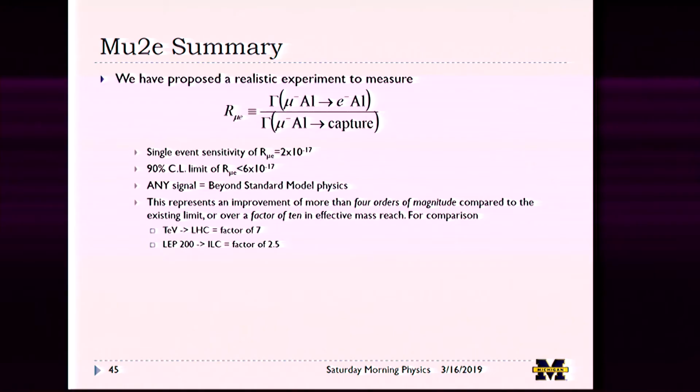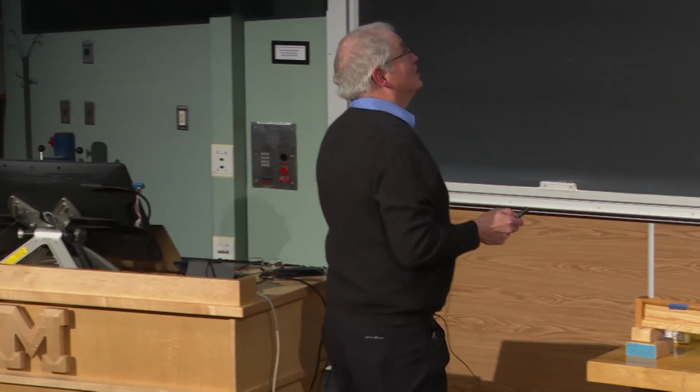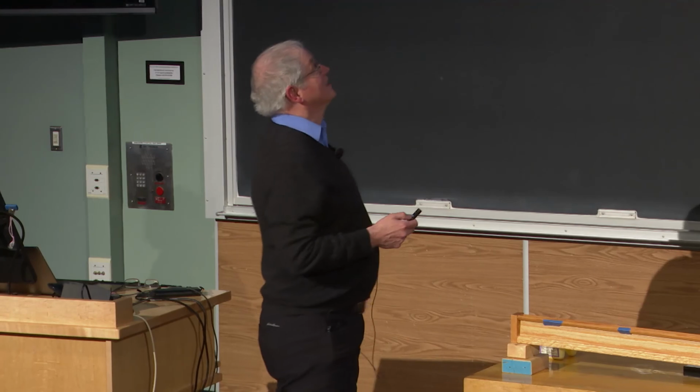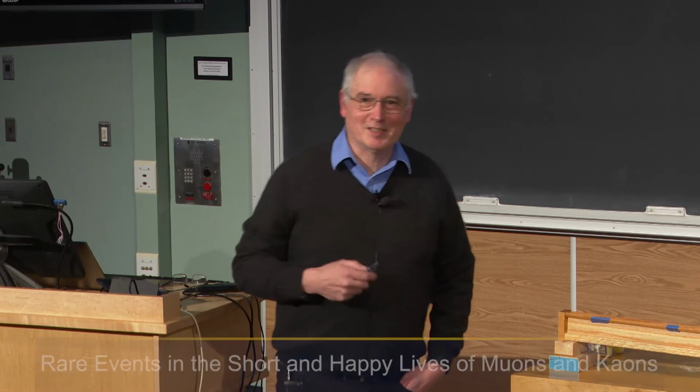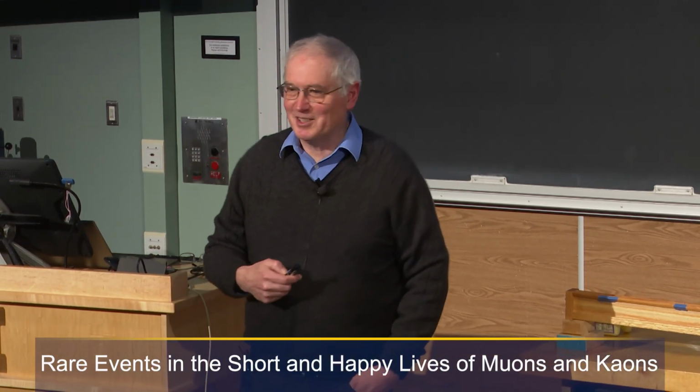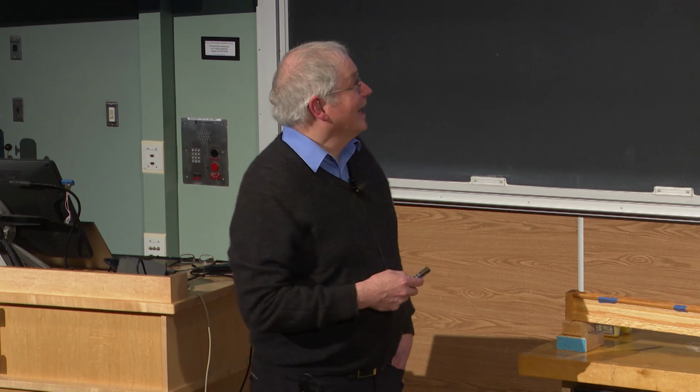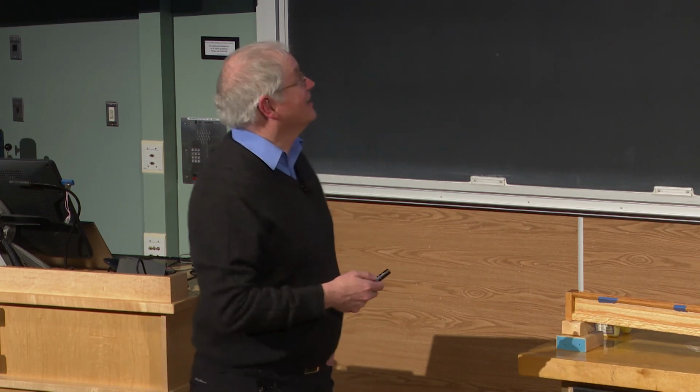So we have this experiment where we propose to measure this ratio to 2 times 10 to the minus 17. The Kaon experiment where we were going to 2 times 10 to the minus 11 wasn't hard enough. I need something that's 1,000,000 times harder. Any signal we see here will be indication of new physics. In addition, we are already starting on upgrading this experiment, making a new version, even though the current one's not done, and trying to get down to 10 to the minus 19 eventually.